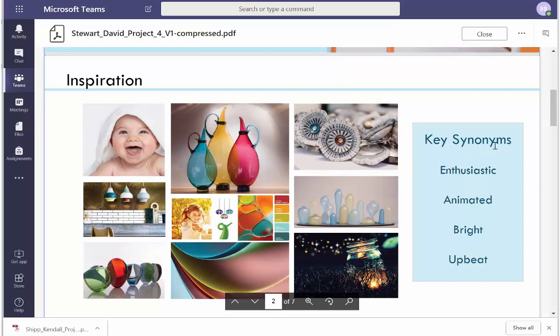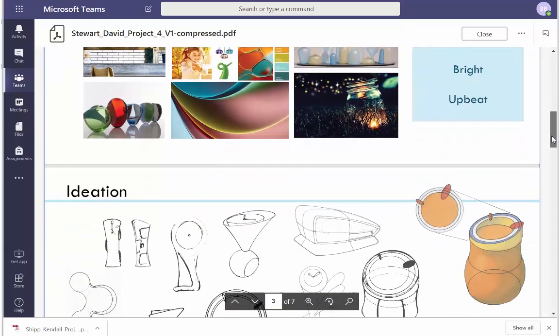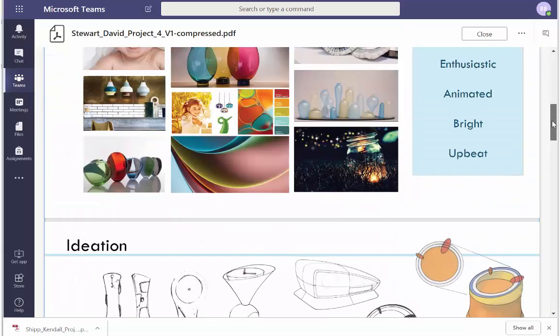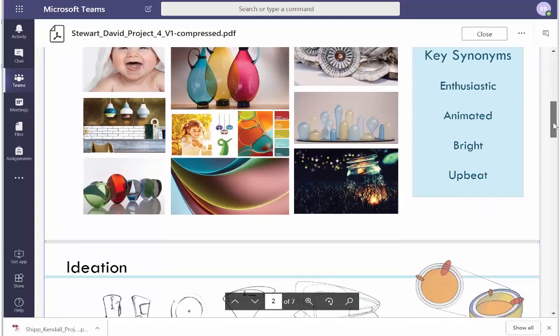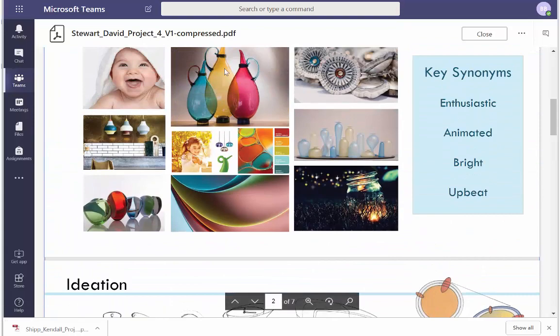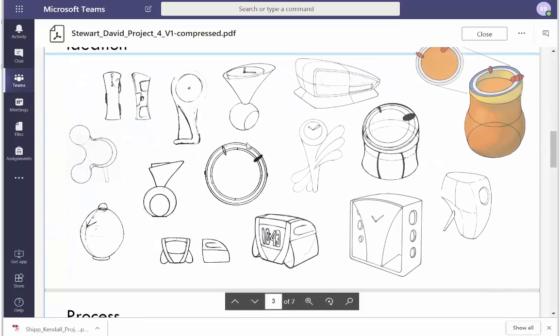Instead of key synonyms, like being cheerful means... Alright, if you're showing me sketches, you said that these things need to be integrated. So use these, and then take your inspiration. I want to see that the things you said were going to guide your project are actually guiding your project. So use these words, take some visual form inspiration, and either,